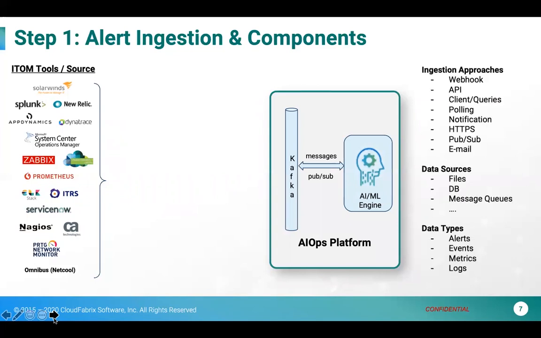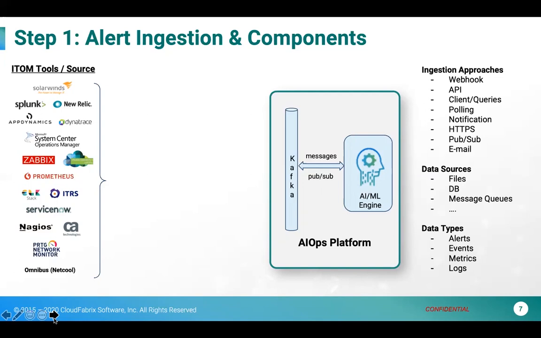It's very important to make sure that your AIOps platform supports as many protocols as possible, as many mechanisms as possible, because no one mechanism addresses all the monitoring tools in your gamut. It's very important to get all alerts into your AIOps. The more data you can feed in, the more value you'll be able to get.